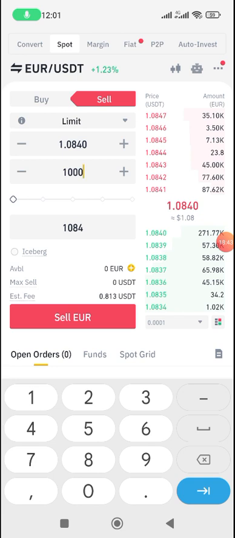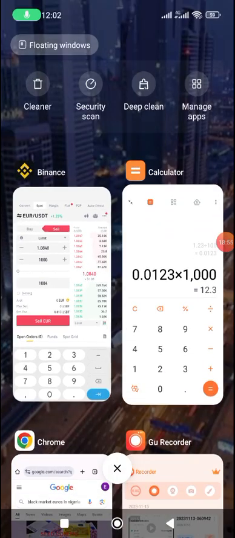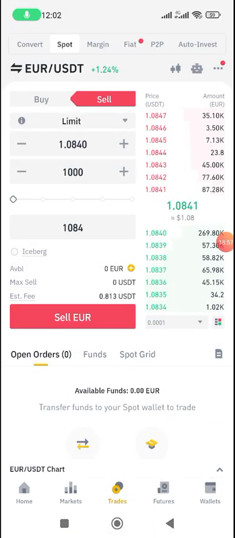Like last week it was 1.05. 1.05 USD was equal to 1 euro. So you're going to be making a lot of profits. You can also do it in two ways. That when you convert,